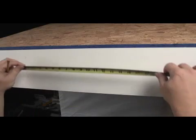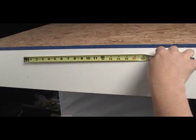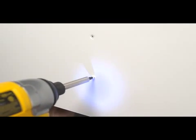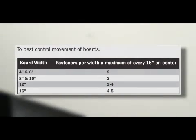All fasteners, whether nails or screws, should be no more than 16 inches on center. As a rule, and best to control movement and ensure stability, the wider the board, the more fasteners should be used. For 4-inch and 6-inch wide boards, 2 fasteners every 16 inches on center is sufficient. For 8 and 10-inch boards, increase to 3 fasteners, and for 12 and 16, 4 to 5 fasteners every 16